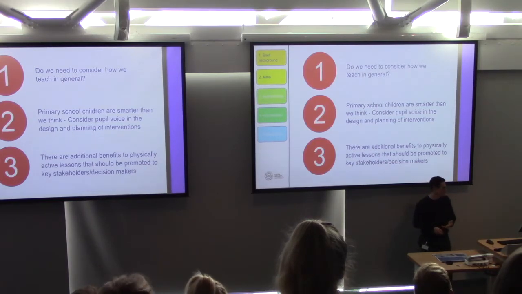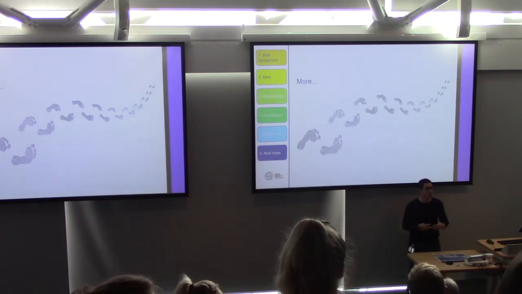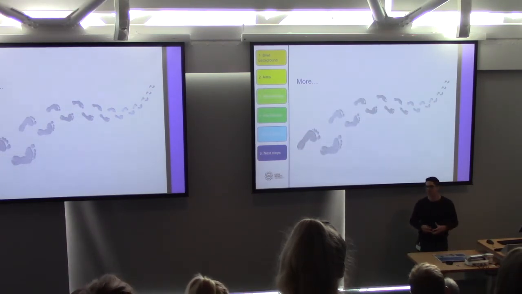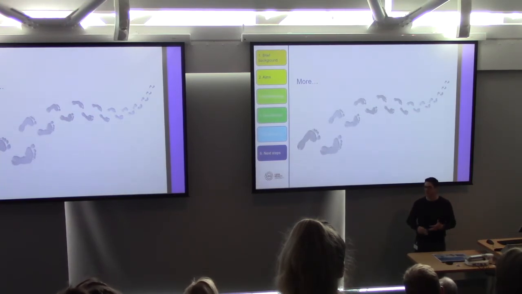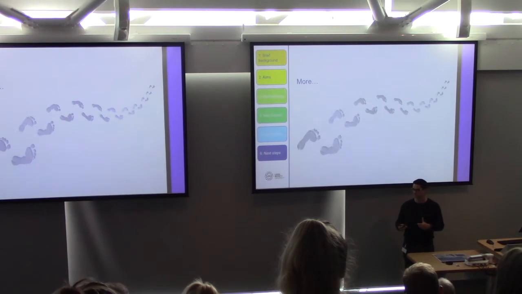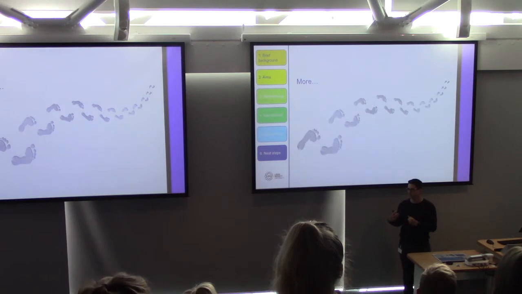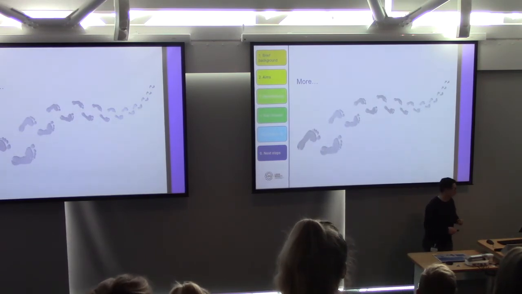And finally, you'll like my last slide because it's basically blank. Next steps. We need more. We need, from a research perspective, we need more pupil voice. We need more about their experiences of active lessons, active breaks, whatever it is, so that, and I've spoken to teachers, I know that if teachers think students love it, they're on board. And this surely demonstrates that the kids love it when they're not just sat at their desk all the time. So, we need more. That's for everyone.